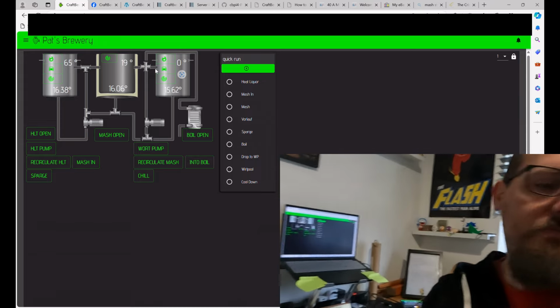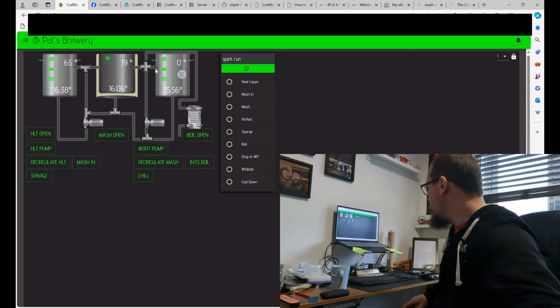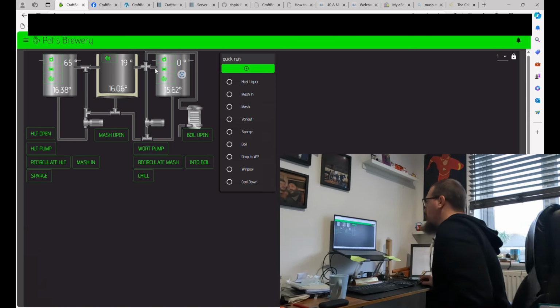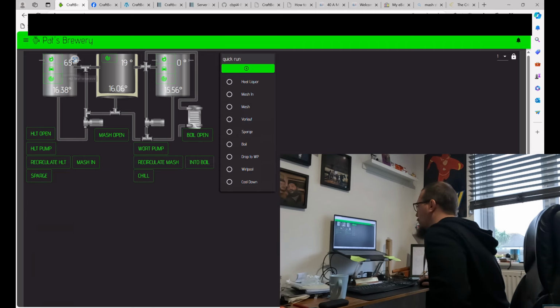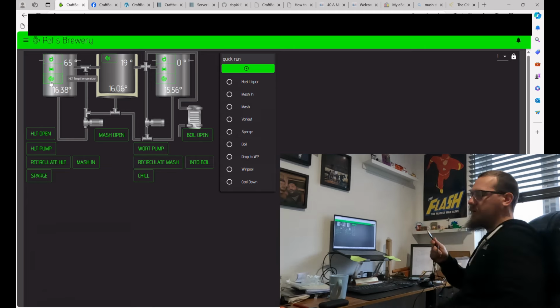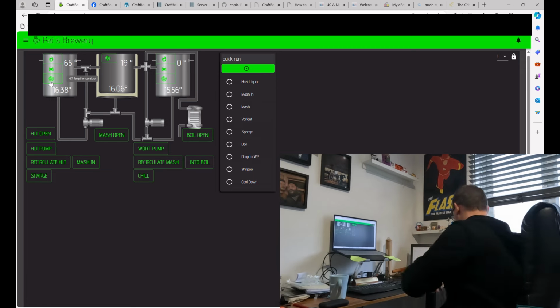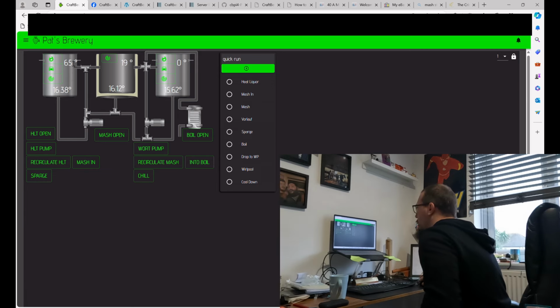So what Craft Beer Pi then allows you to actually do is, obviously you could run this completely manually by having however many buttons and bits and pieces you want. With regards to controlling temperature, we've got our temperature probes, which are represented by these temperatures here. I've got 3 probes, 1 for each kettle. Then our target temperatures are set